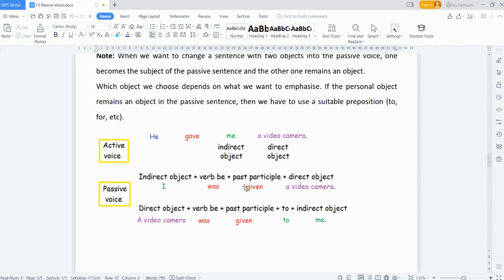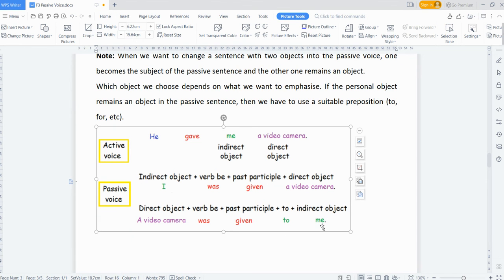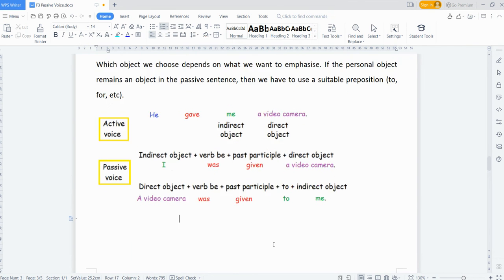So, we say, I was given a video camera. See? Indirect object dekat depan, and then the verb, and then dia punya direct object ni kat belakang. Ataupun you can also say, kalau kita nak pentingkan video camera tu instead of saya ni, you can put the direct object in front. A video camera was given to me. Sebab tu dia kata we have to add a suitable preposition. If the indirect object is at the back, then you have to put to me lah. A video camera was given to me. So suka hati nak pilih yang mana, sama je. Okay, next,